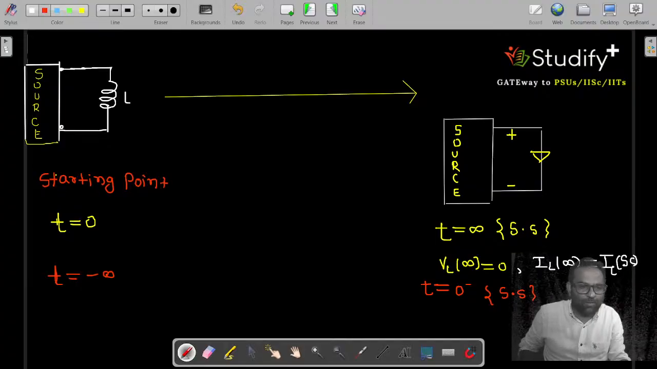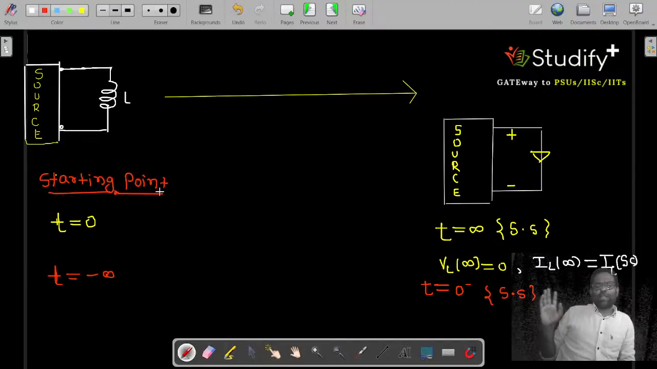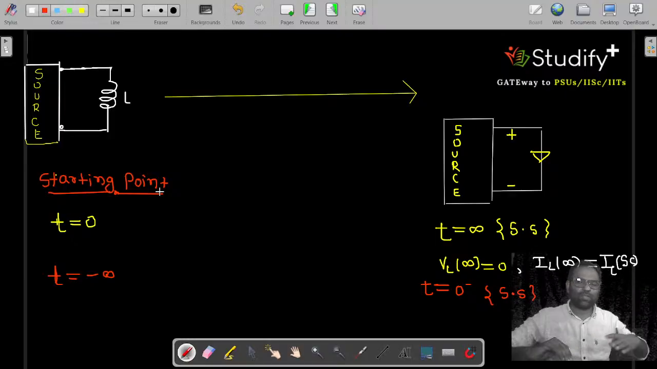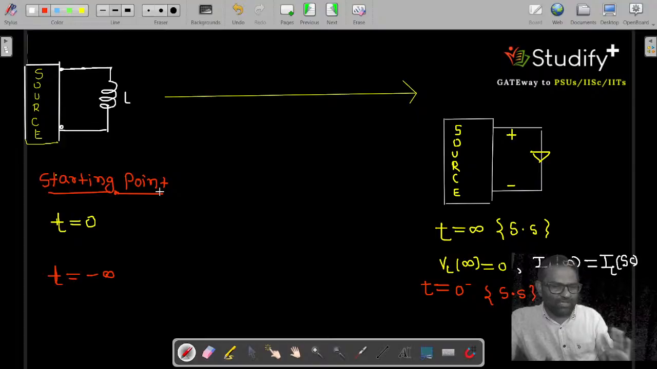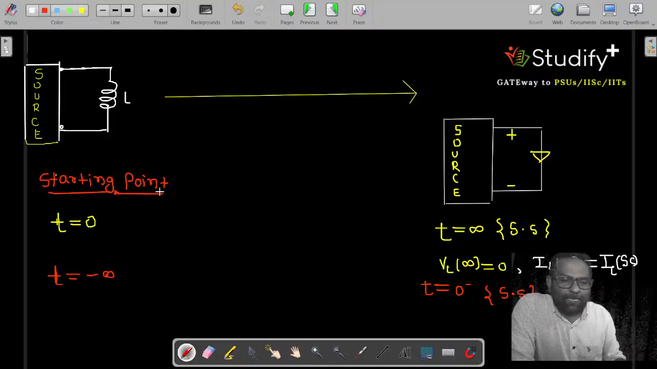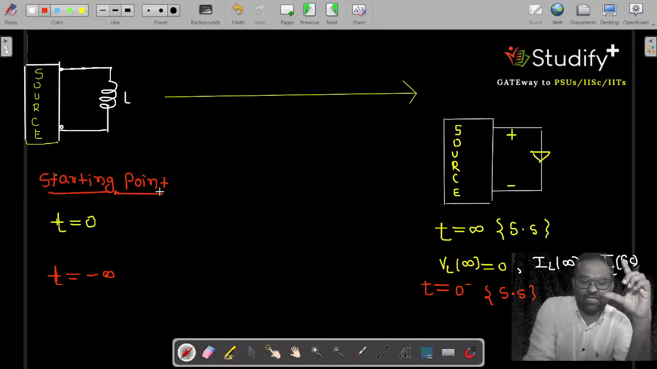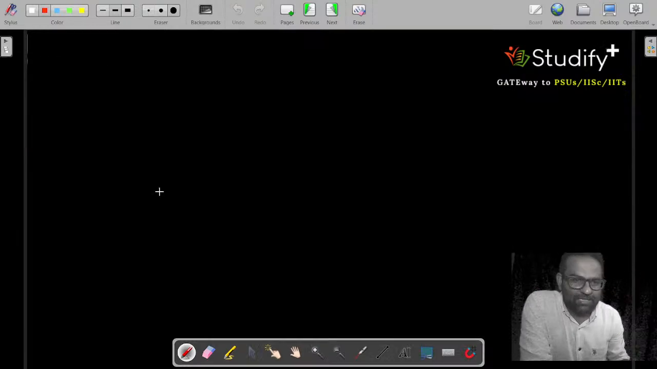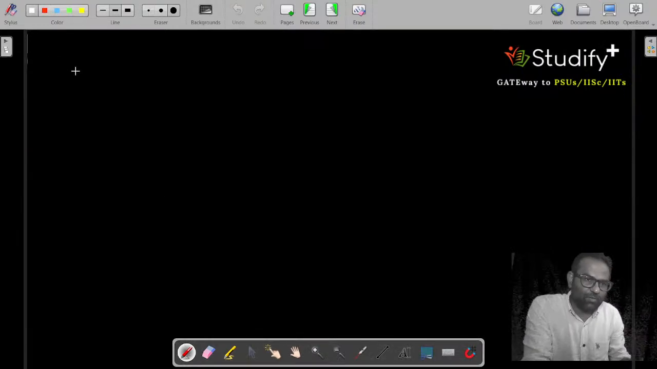If you are starting from t equal to 0, t equal to infinity will be the steady state. Infinity is a very relative term because we talk in terms of time constants, and time constants are also given in microseconds. But when you are starting from t equal to minus infinity, minus infinity and plus infinity are the before and after switching conditions that we will analyze. But the main thing is that the inductor behaves as a short circuit in the steady state. This is the point, so our conclusion is: